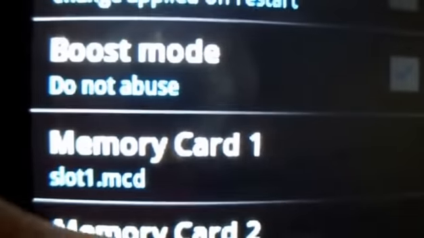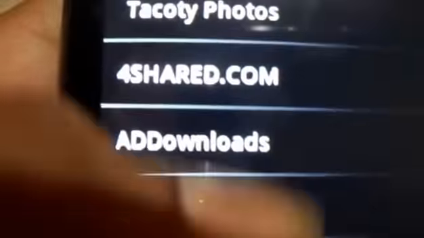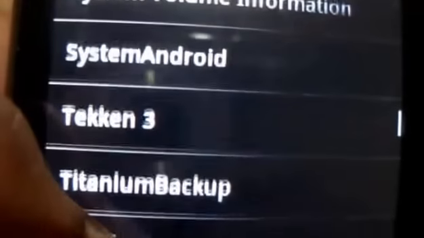Now go to memory card 1. Now go to SD card again. Here it is. Now find the Taken 3 folder. Here it is. Now select the slot1.mcd.